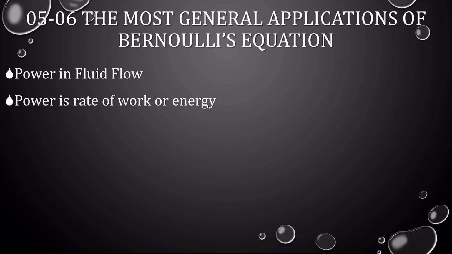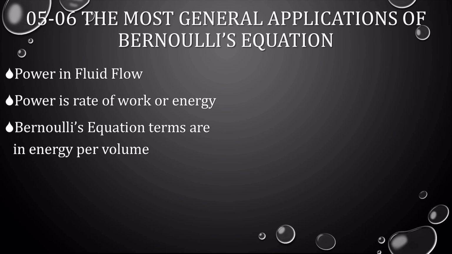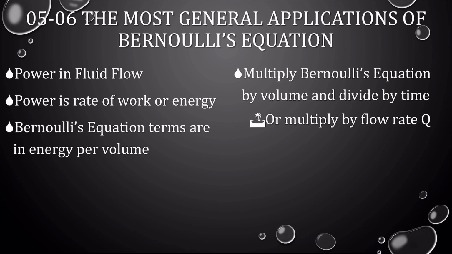If we have power in a fluid flow, power is the rate of work or energy. Bernoulli's equation terms are in energy per volume. So if I multiply Bernoulli's equation by volume and divide by time, that's flow rate. So power is simply Bernoulli's equation multiplied by the flow rate. I'm sure you can work that out